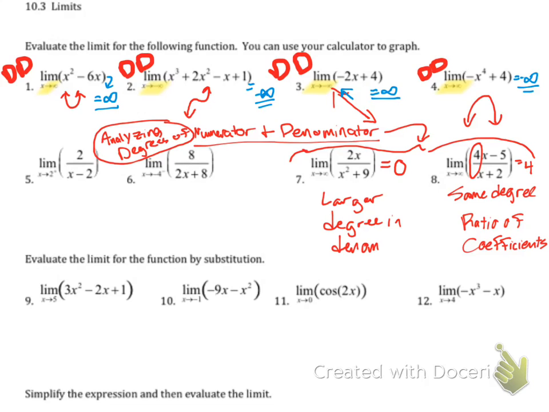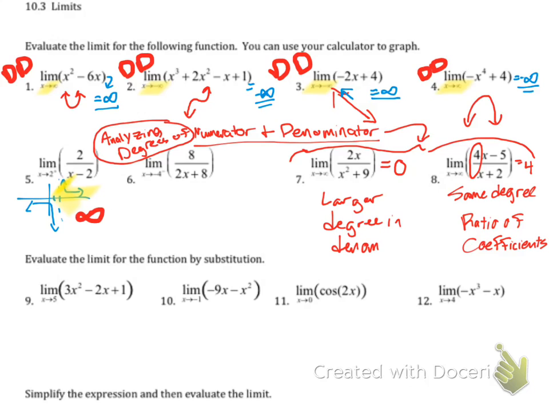What would be new, 5 and 6, are all about actually graphing these. These are actually 1 over x functions that we've transformed in number 5 and 6. And you want to look at the graph and say, as I approach the various values from left and right, you have to look for that little plus or minus, what direction you're coming from. Where does the function go? So here's number 5. It's like a taller 1 over x function shifted to the right 2. And if I approach 2 from the right-hand side, coming in from the right, you can see it's going to